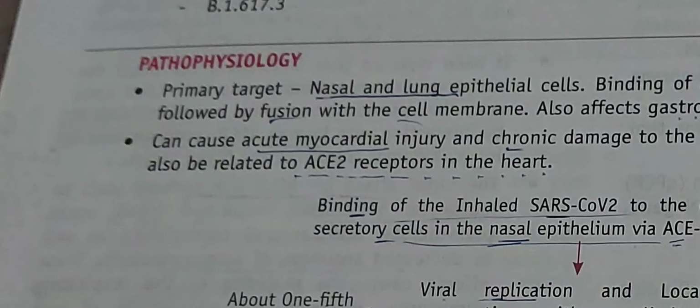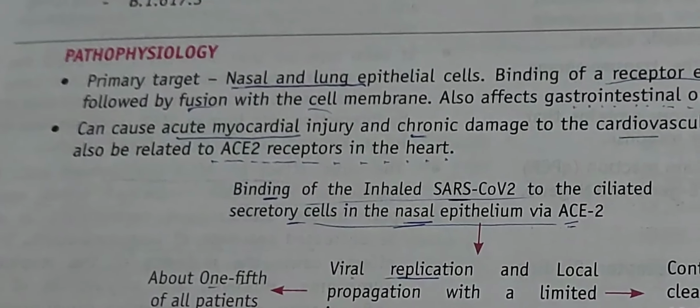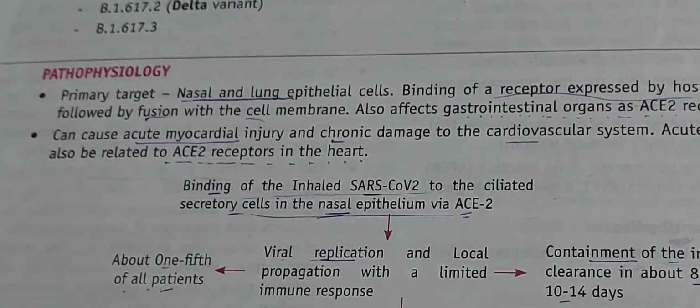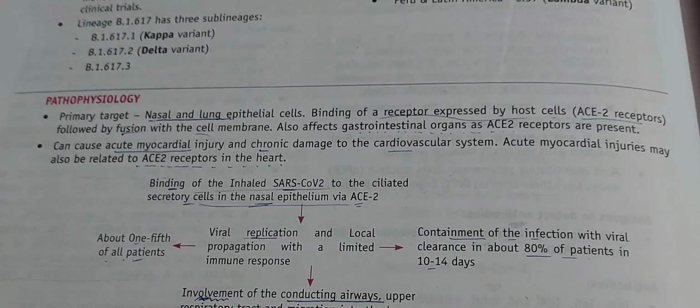pathophysiology. Okay, so talking about pathophysiology, okay, it's really huge. So the primary target is the nasal and lung epithelial cells. So nose and lungs are the targets, and the primary step is binding of the receptor expressed by host cells, followed by fusion with the cell membrane. It also affects gastrointestinal organs as ACE receptors are present. So it can cause acute myocardial injuries and chronic damage to the cardiovascular system. Acute myocardial injuries may also be related to